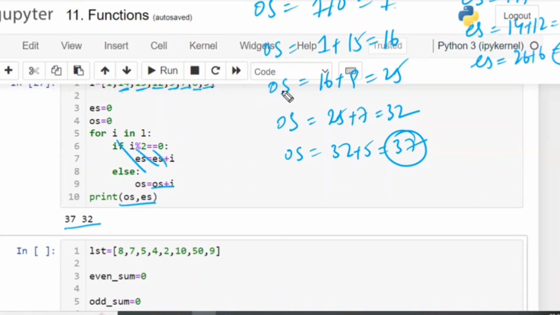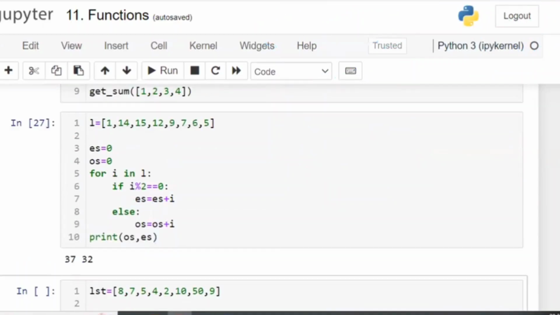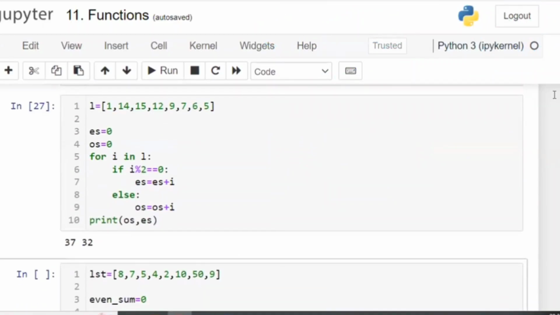Is that clear? Now the same, this is called a program. You have written the program. Now I want the function. Now what you have to do? The same thing